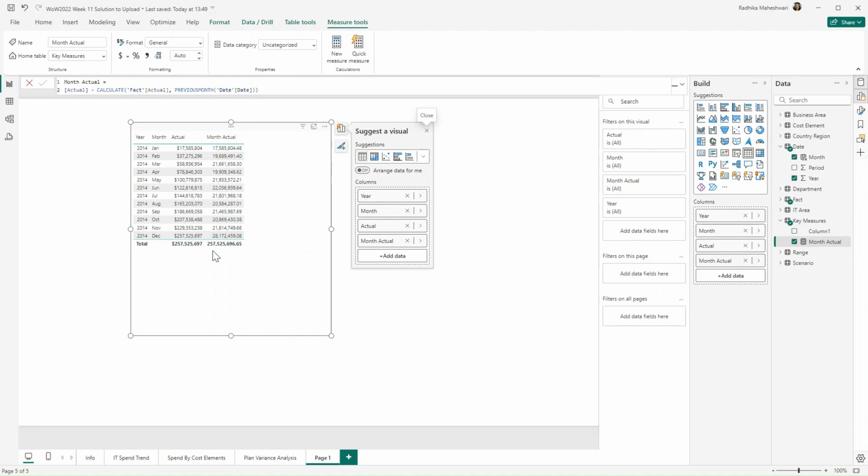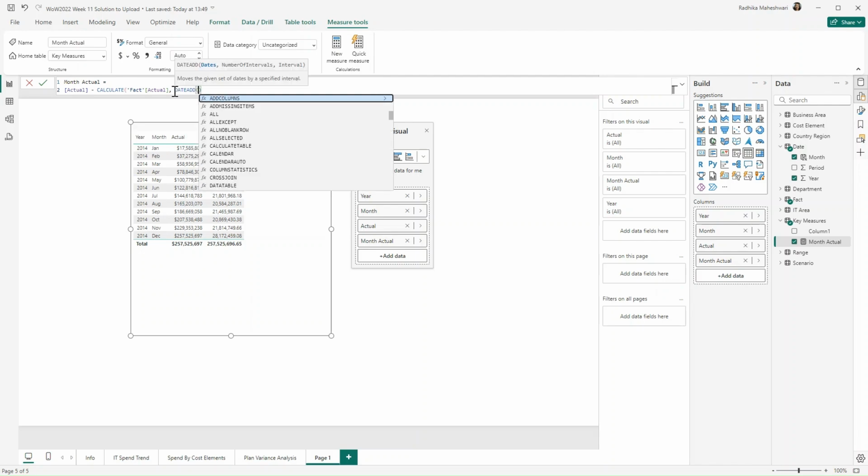And that's the reason being because there is no date context here. The Power BI is not able to determine what we need to do for this, and it's giving the cumulative total. To fix this, what we need to do is we need to use date add function and do -1 and month there. So instead of doing this, I will say date add.